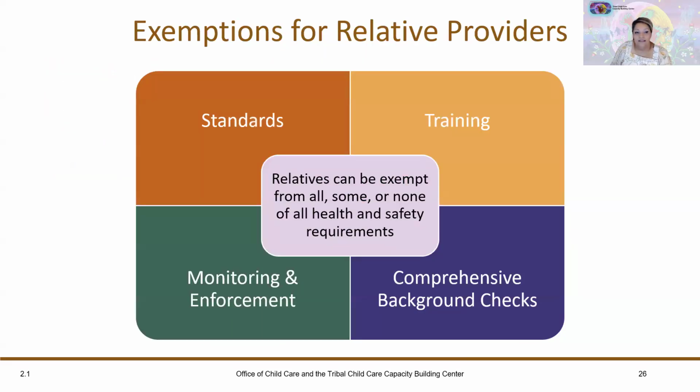If a tribal lead agency allows relative providers, as defined by the regulations, to provide care in its CCDF program, the tribal lead agency has the flexibility to determine exemptions for relative care providers across all of health and safety. So every component that we talked through and walked through across parts 1 and 2, framed as requirements for all non-relative providers, are applicable to relatives unless your CCDF program explicitly exempts them.